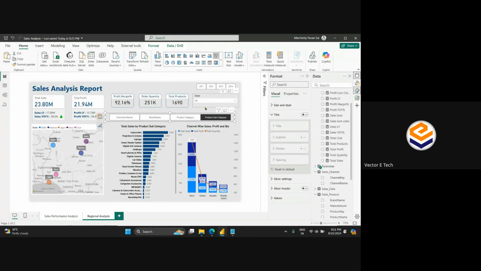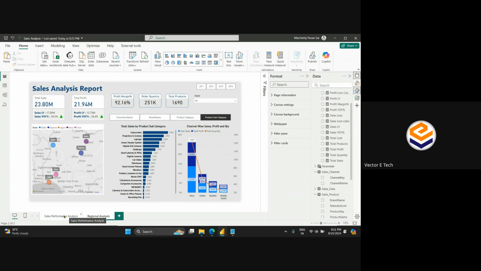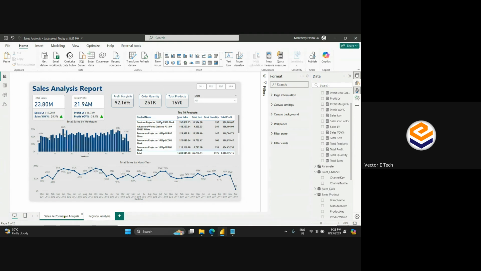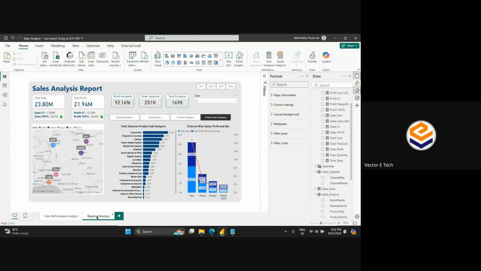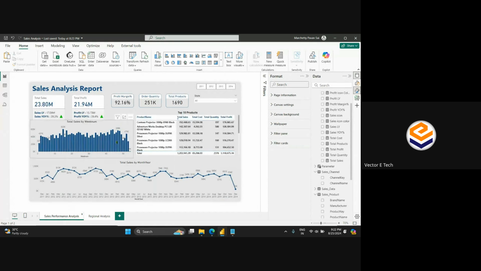Okay. So in this way, you'll be able to customize, or you could say do some analysis related to sales and with respect to region as well, right? And if you would like to explore more about time intelligence functions, you could just play with functions related to date and time, and then you'll be able to do multiple analysis, right? So what I can do is, in order to navigate easily between these two pages,